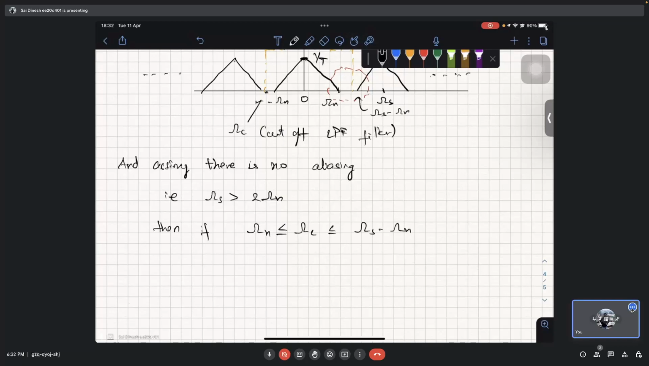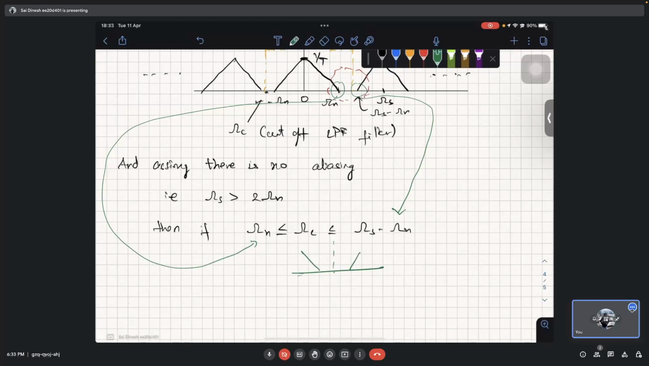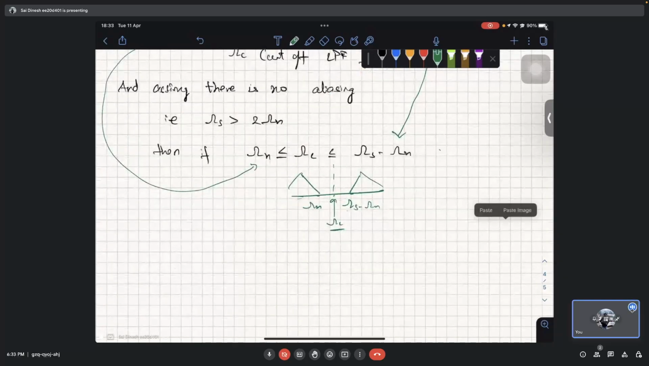So this corresponds to here, this corresponds here, right? So omega c should be in between them, right? So it's like omega s minus omega n and omega n. So this is omega c, the cutoff frequency. So if this happens, then